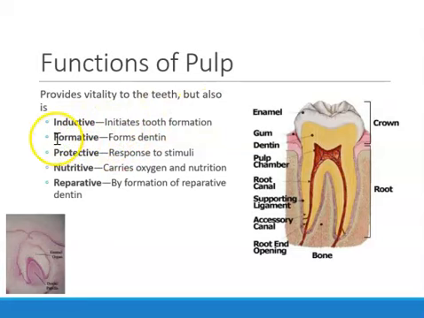So it's inductive, it's formative, it forms dentin. There are odontoblasts around the pulp that help form dentin. It's protective, it responds to stimuli. So anything hot, cold, it'll protect the tooth because it recognizes the heat, it recognizes the coldness. Another interesting thing about the protective part is that it makes